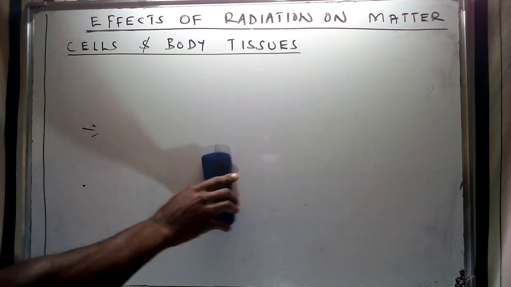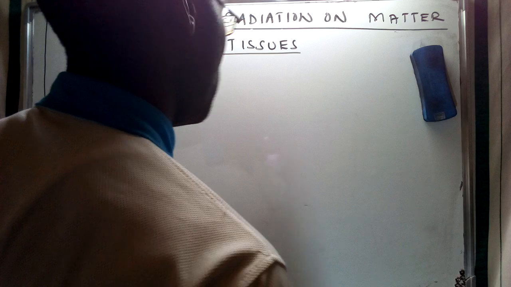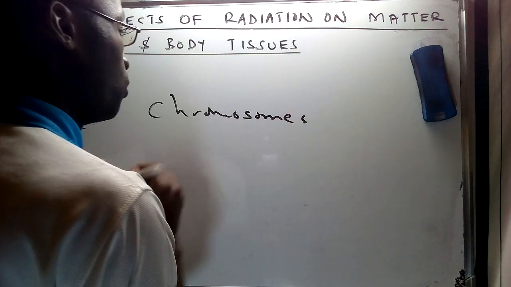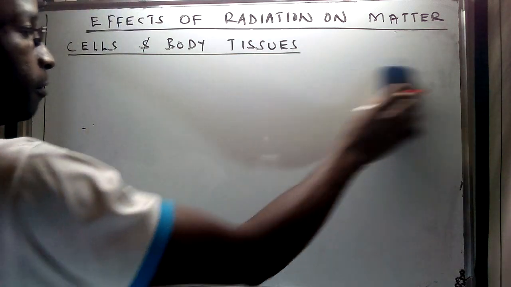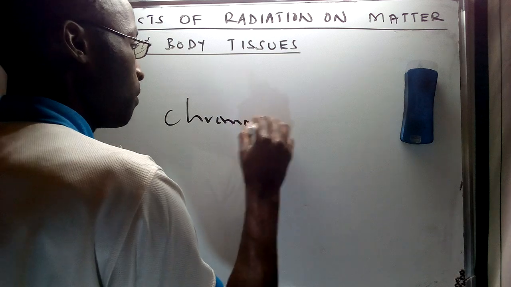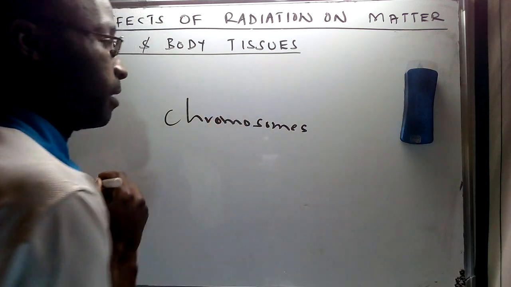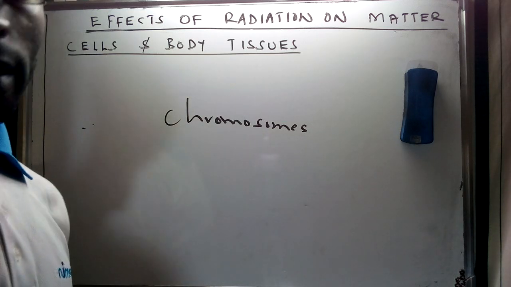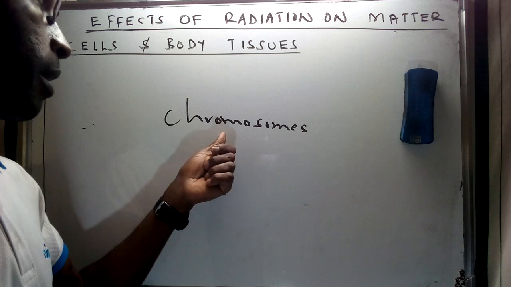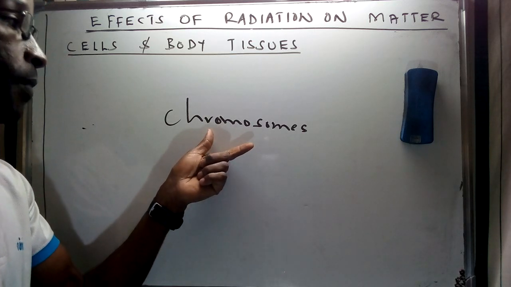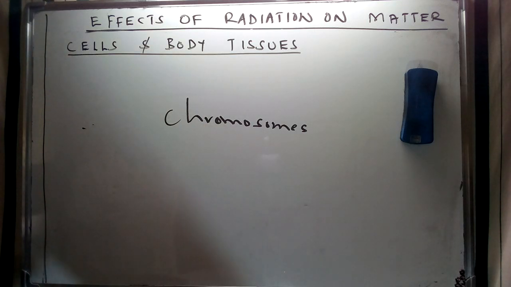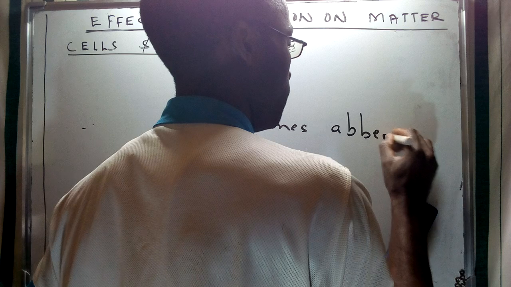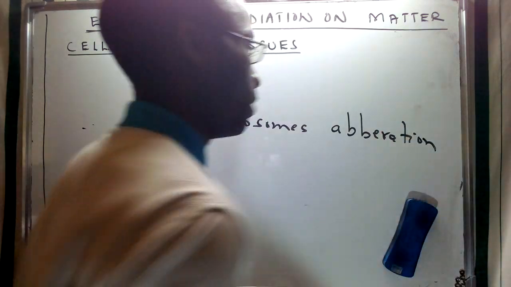Now, apart from that, we have also discussed the concept of chromosomes, which, let me just write it. So we have chromosomes, which are hereditary factors, as we have discussed in some of our videos, especially in genetics. I'm going to put a link to that specific discussion in the description box, so that it can assist us in understanding this aspect of chromosomes. So we're going to have what we call a chromosomal aberration, and this is going to be one of the effects of radiation.